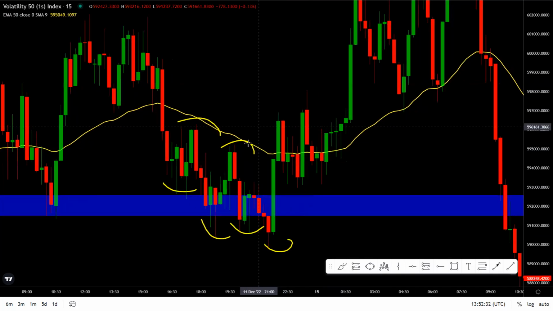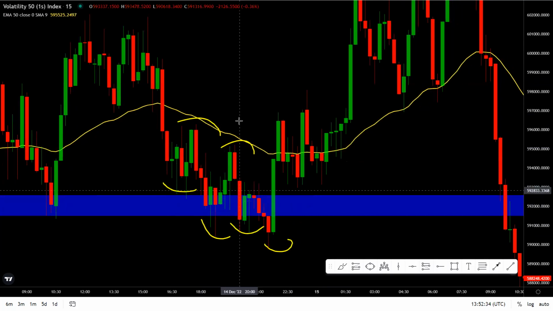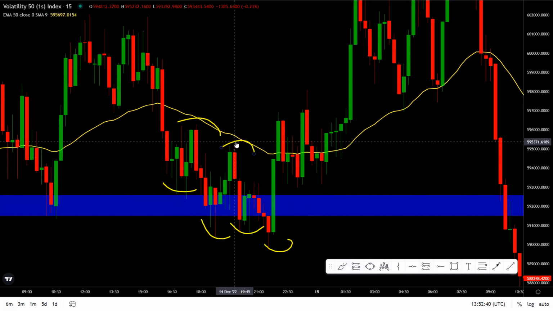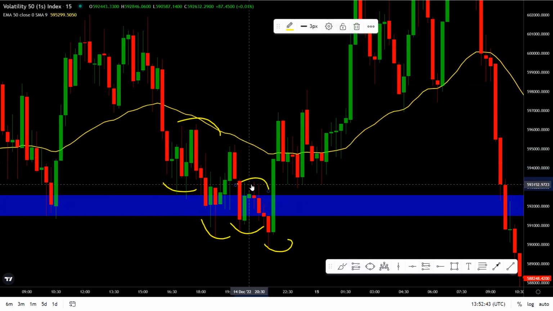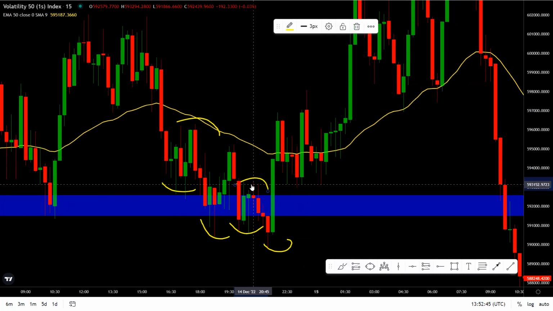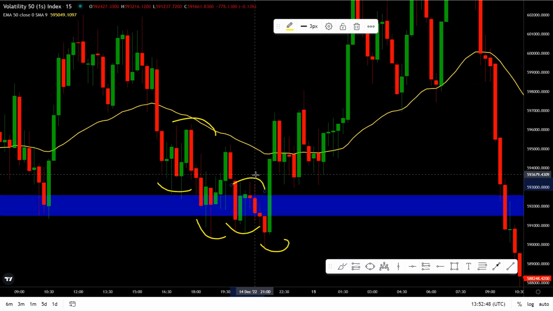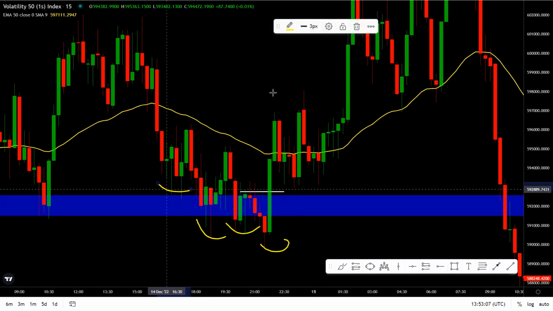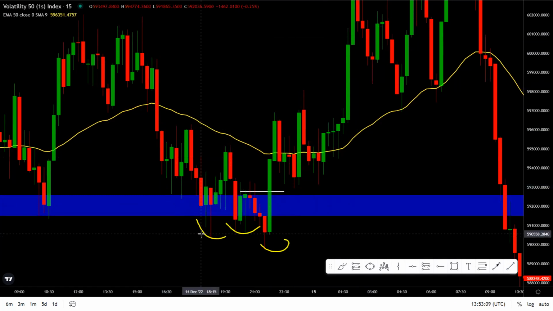So I had to wait for a shift in the market structure. So we had this as the most recent swing high. And then this engulfing candlestick here clearly shifted the market structure from bearish to bullish on the 15 minutes time frame perspective. Now, this is only when